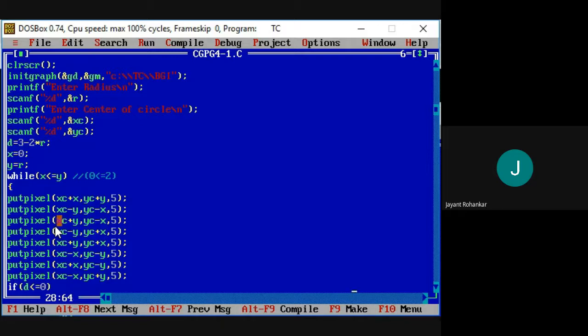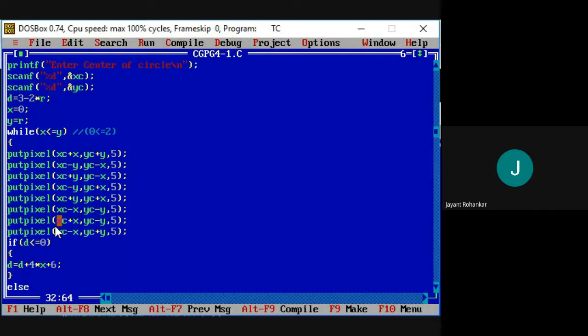We can use it to find the points which lie on the circle and draw the circle very easily. These points are calculated using these equations, that is putpixel xc plus x, yc plus y, then xc minus y, then xc minus x, which is the mirror value opposite to this xc plus x value. Like this, we have to calculate all the values of the symmetry.